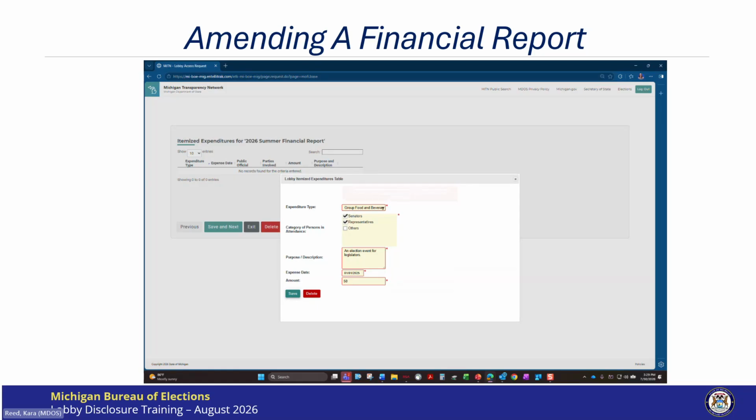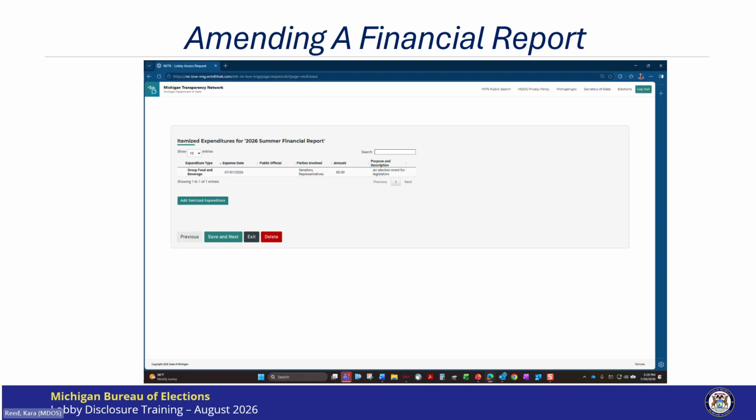This will stop you from entering an incorrect date. So I will select a date in the reporting period. And then click Save. I've entered all my itemized expenditures, so now I click Save and Next.